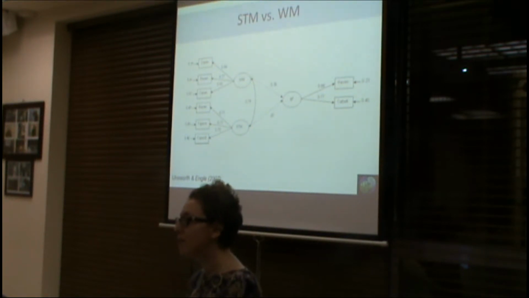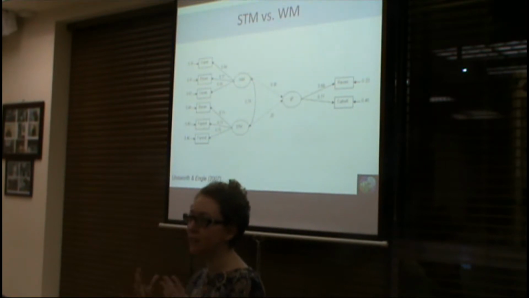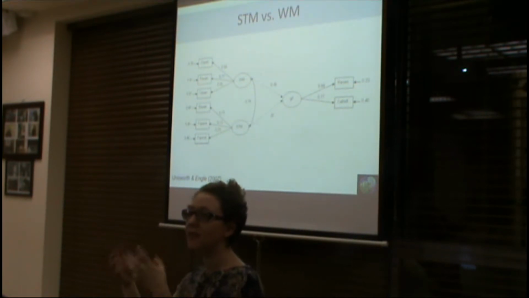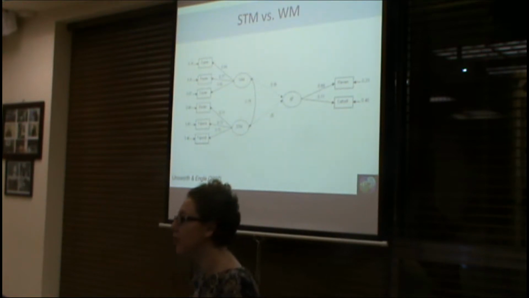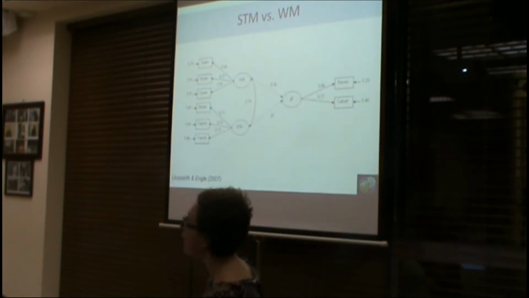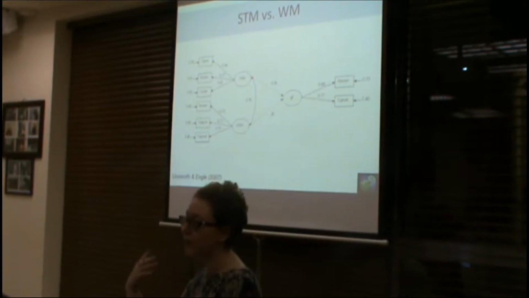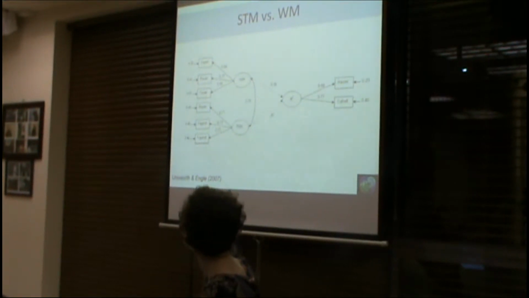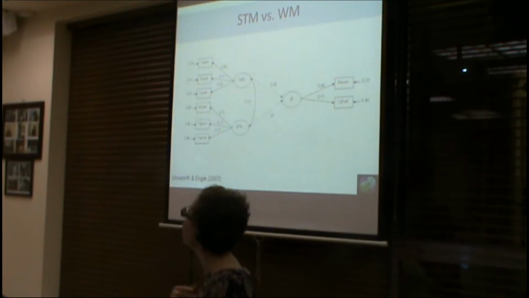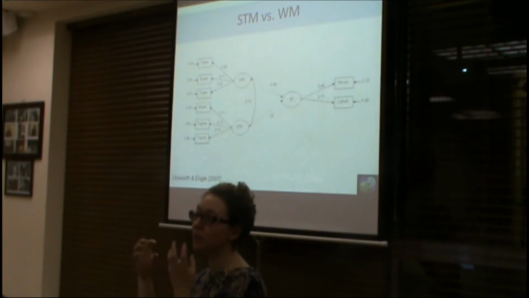But one of the things that they have been doing is these huge latent variable type studies where they measure a whole lot of things about short-term and working memory, and then they throw it into a factor analysis type situation, and they say, okay, how do these things cluster together? How do they load onto each other? And one of the things that they have been finding, and this is for verbal memory in particular, is that if you throw in these classic working memory tasks, like the operation span, the reading span, the counting span, that we think of as very classically working memory measures,